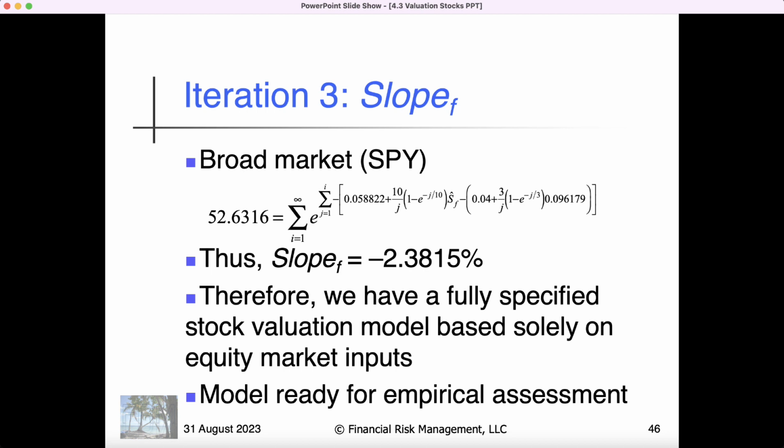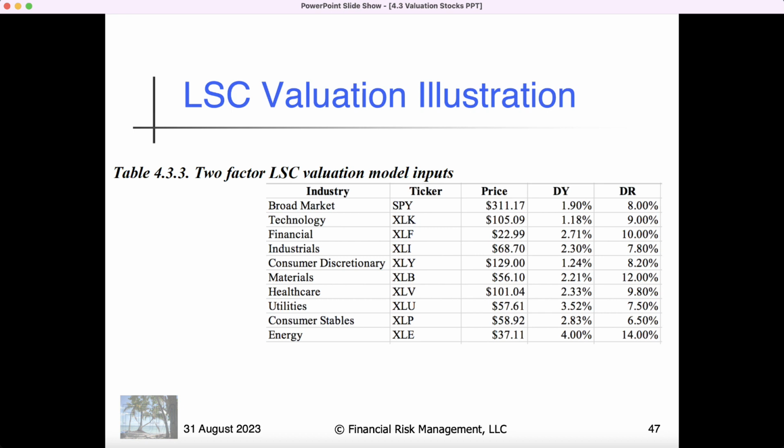Without going into a whole lot of detail in this presentation, we can solve for the four parameters, level and slope of both growth and the discount rate. And we have a fully specified model of something like SPY. And so we can appraise this. We can look at